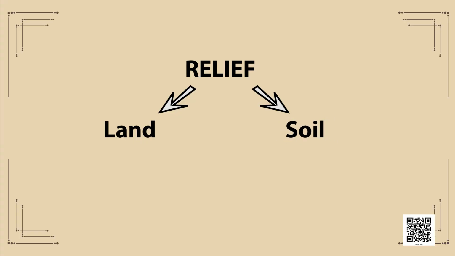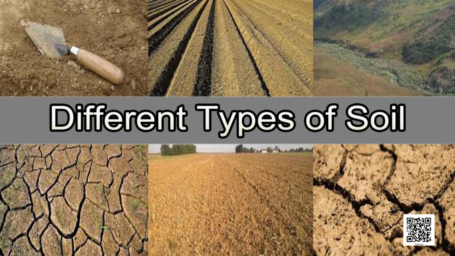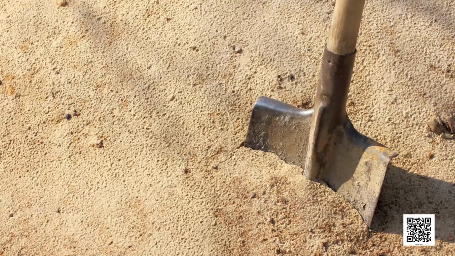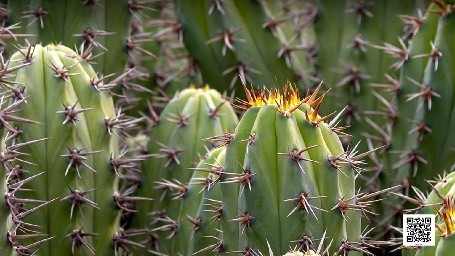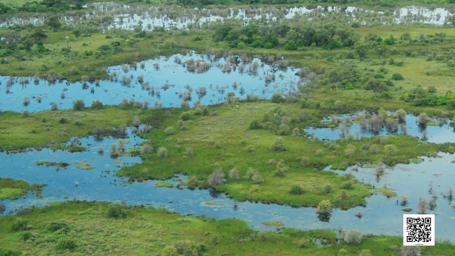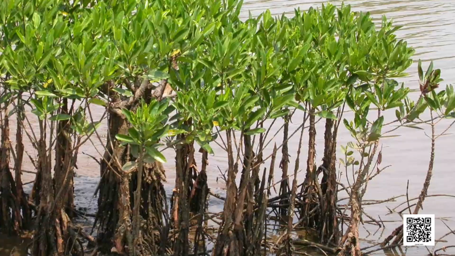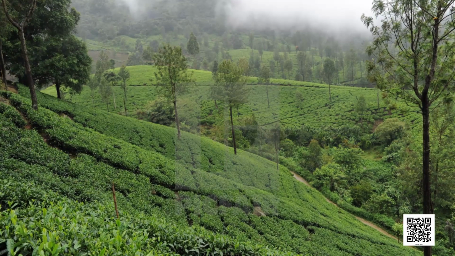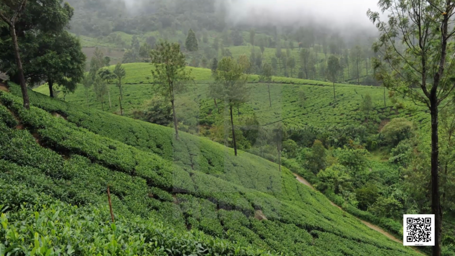Soil is another factor which affects natural vegetation. The soils also vary over space. Different types of soils provide basis for different types of vegetation. For instance, the sandy soils of the desert support cactus and thorny bushes, while wet, marshy deltaic soils support mangroves and deltaic vegetation. The hill slopes with some depth of soil have conical trees.